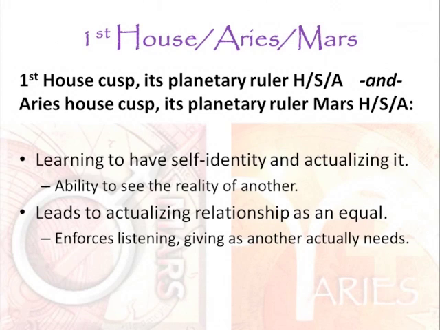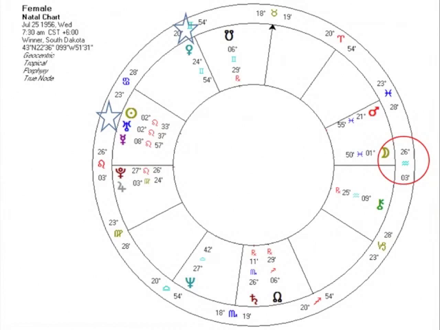So let's move into these same charts and look at this as an example. Now we're going to move to looking at the 7th house cusp. With our female example, we see Aquarius on that 7th house cusp. The ruler Uranus is over there in the 12th. It is in that stellium again with the Sun and Mercury. We've already looked at the fact that Venus is up there in the 10th house in Gemini in that first quarter square to Mars.